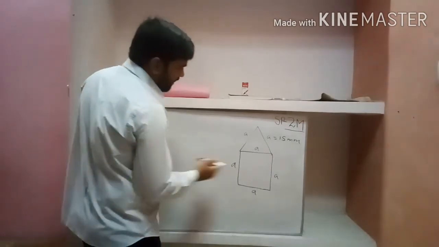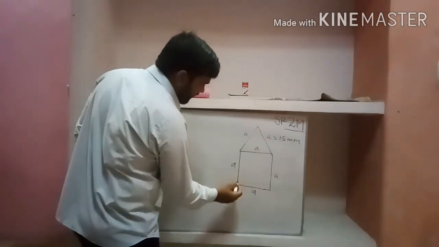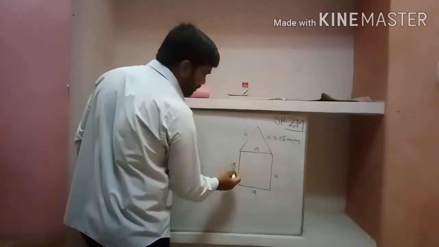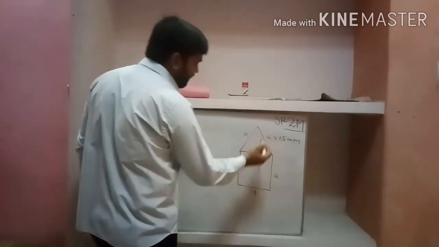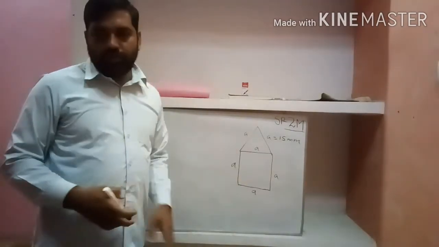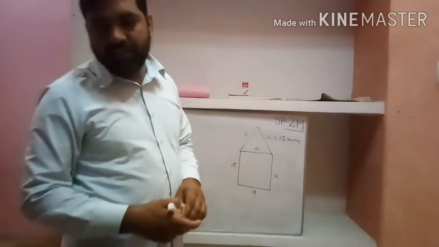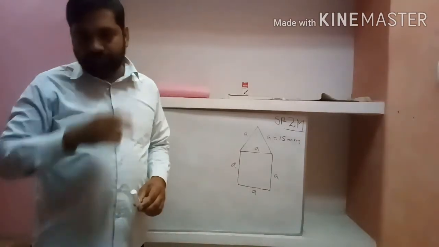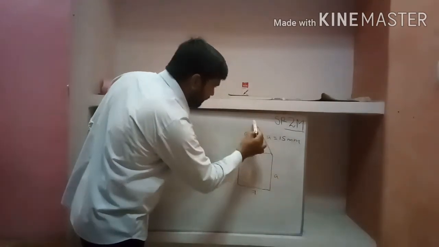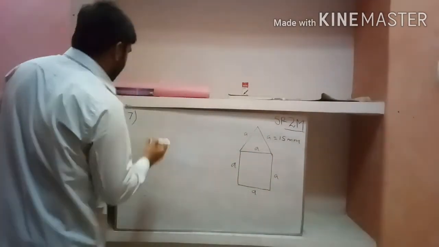So see the perimeter. A plus A plus A plus A plus A. So what is A plus A? 2A, 3A, 4A and 5A. So the perimeter of the figure is 5A. So to calculate the perimeter, we never get inside the figure. We only have to walk around the boundary of the figure. That is the boundary of the figure. We are not going to get inside. So the perimeter of the figure.